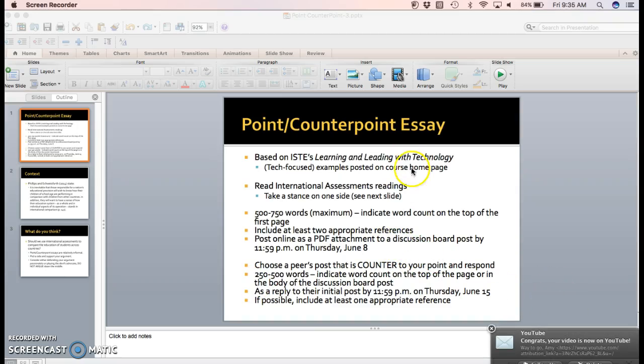I wanted to give you an overview of the point counterpoint essay assignment. This is based on ISTE's Learning and Leading with Technology, which is all about technology topics such as should we use one-to-one laptops in schools? Yes, no. Or online learning is the best approach for personalized teaching. No, yes, no. So there are some examples of point counterpoint essays in the Blackboard site, but please note these